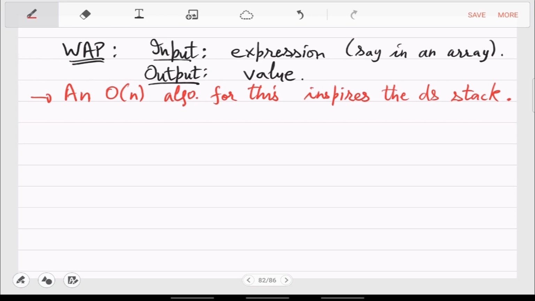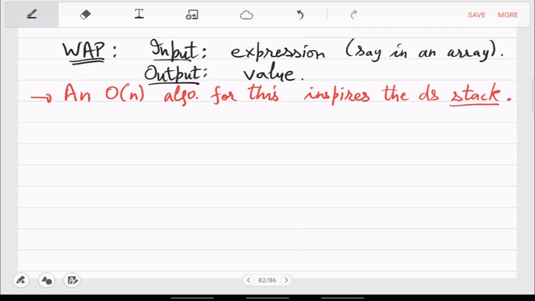At this point it may not be completely clear why this has anything to do with stack, because the input is just an array. In an array you can access anything you want, but somehow it will gel well with stack. You are actually restricting the operations that you are allowed, and that is forcing you to give a faster algorithm.